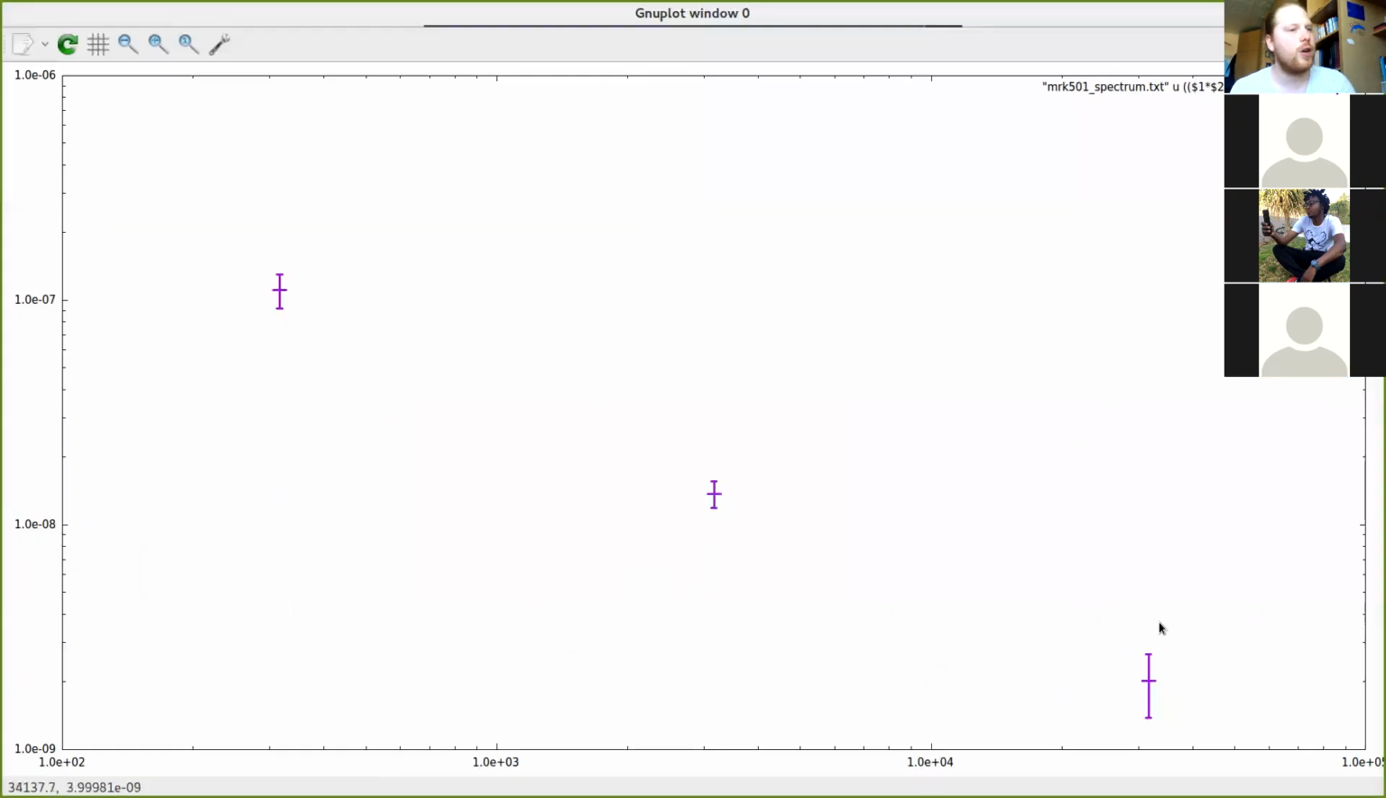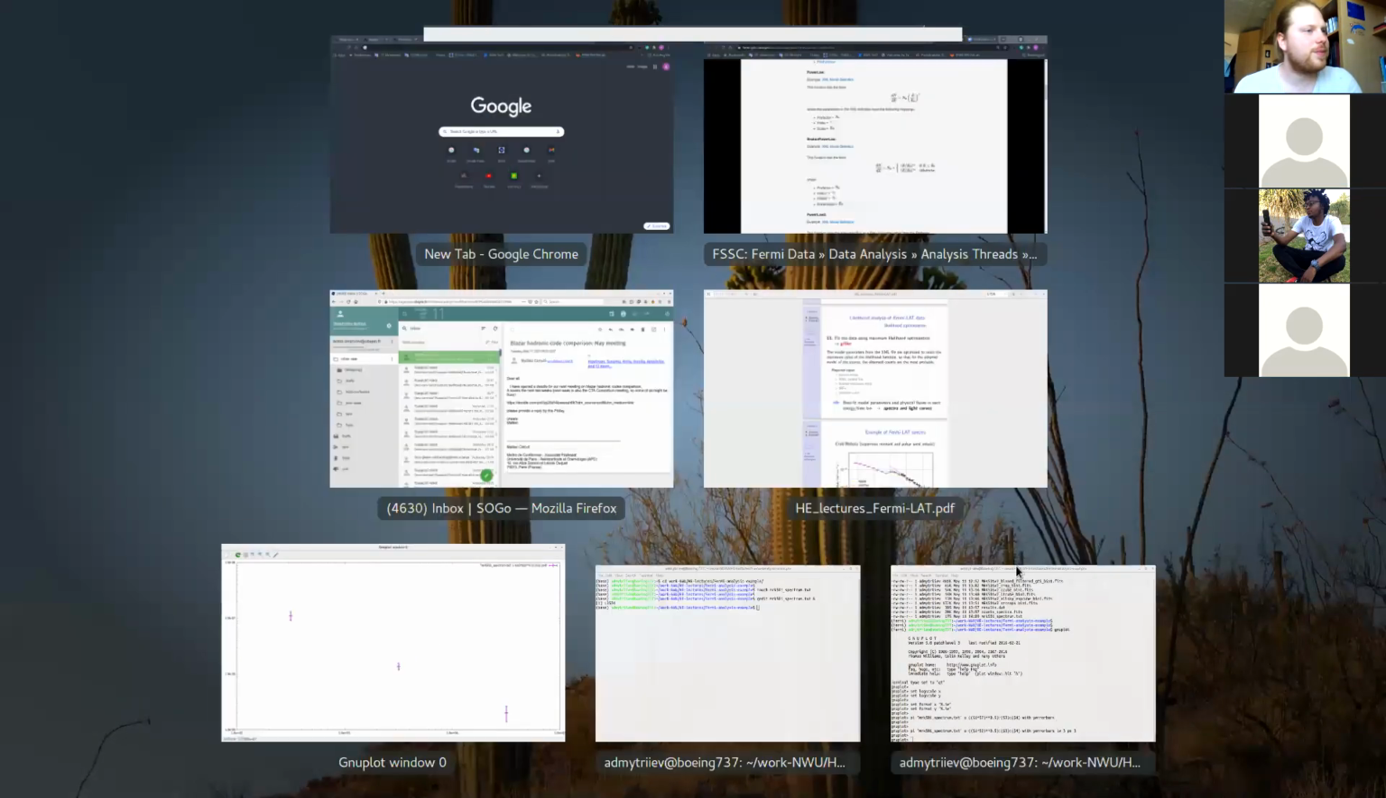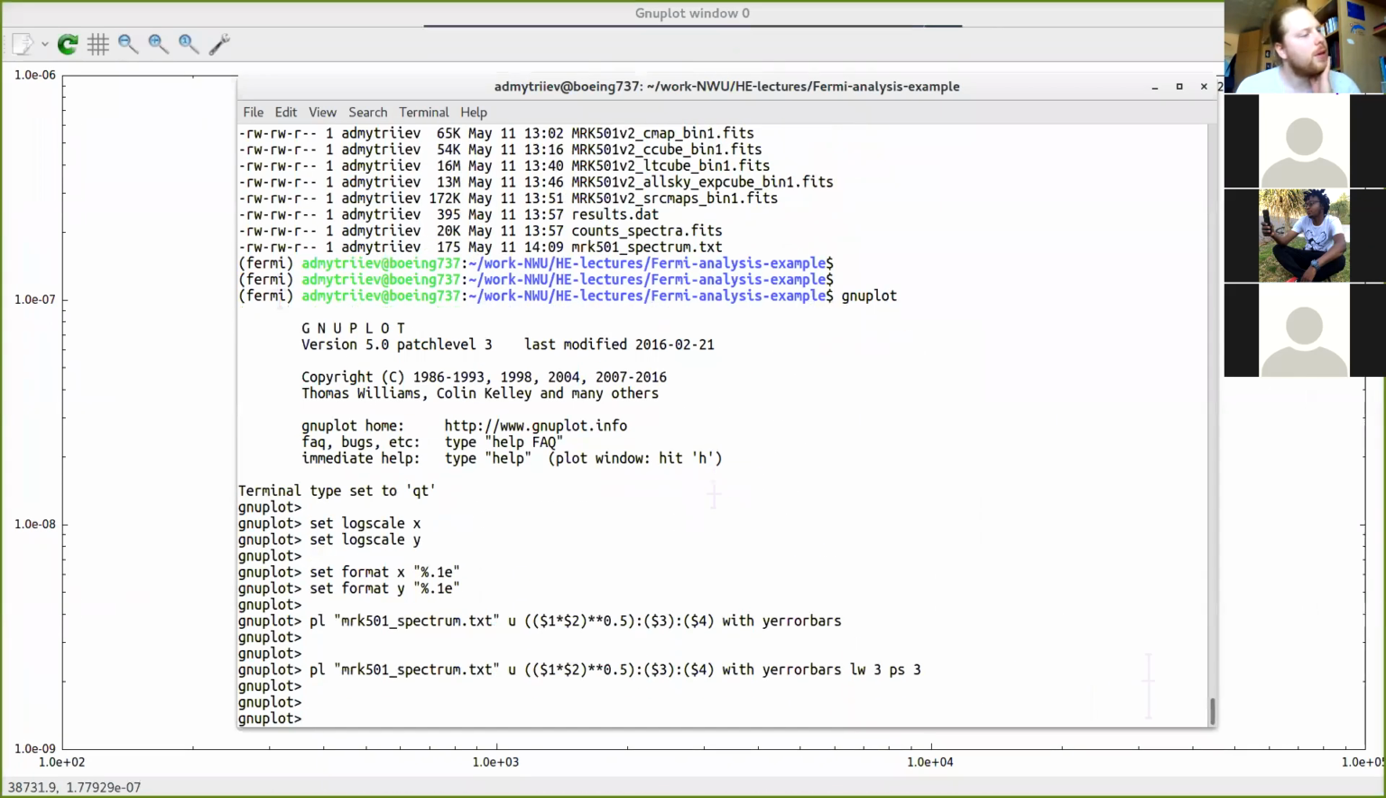Yeah, so this is our spectrum. First energy bin, second energy bin, and third energy bin. You see, it's just a simple power law. And we want to, for instance, maybe estimate the slope. I don't remember exactly how to fit that, but